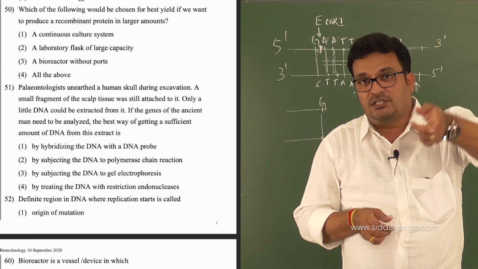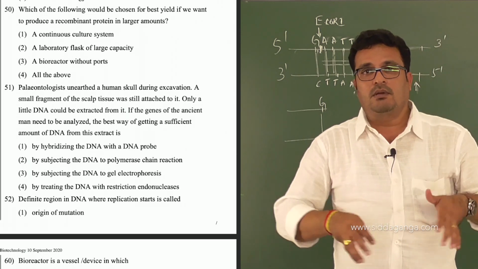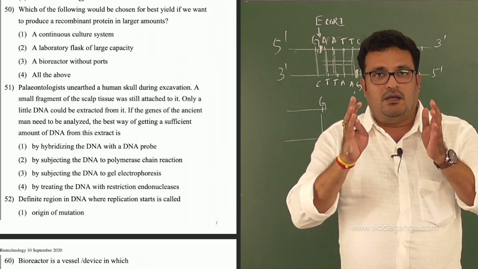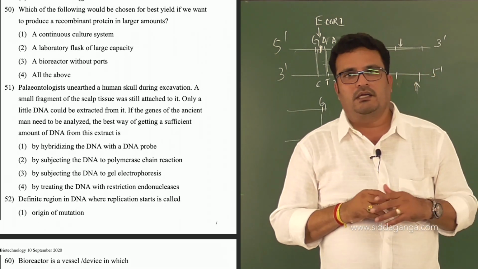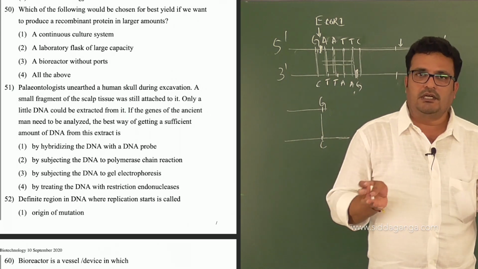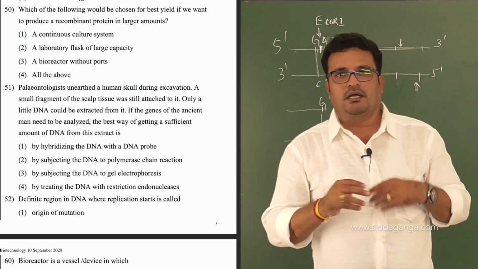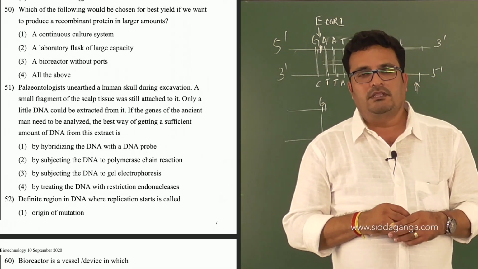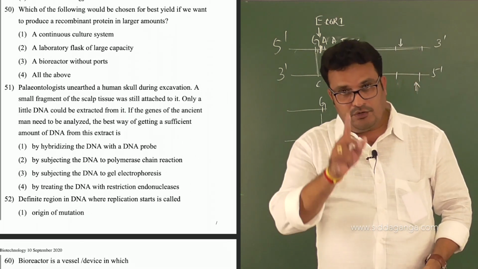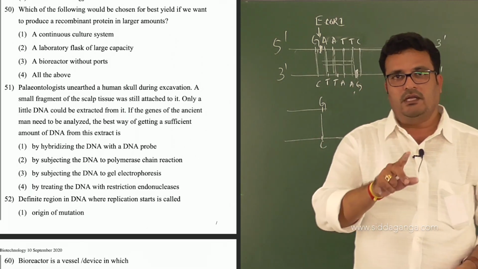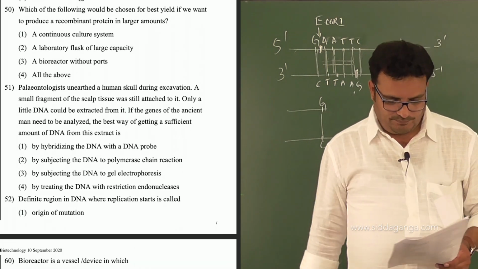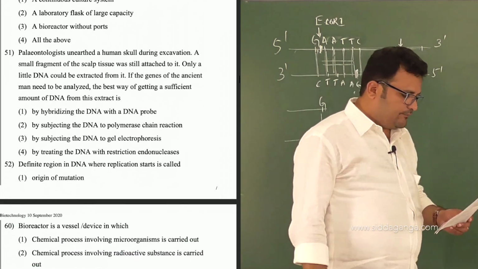Whereas in case of the batch culture system, once the bioreactor is filled with the culture, it is allowed to provide the growth for culturing of microbes, and once cultured, that is removed, filtered and cleaned, and again filled with the new culture, right? So based on that, the continuous culture system is the only system where you will get the maximum growth and maximum yield. Next, 51.